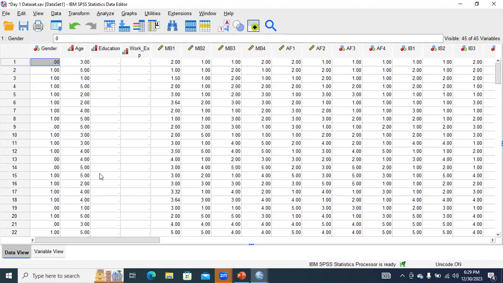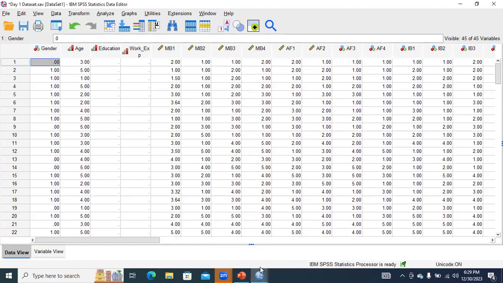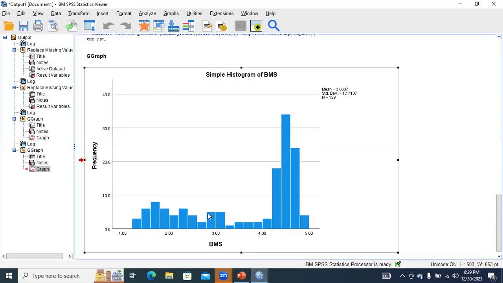They have suggested that you should have at least 350 observations to consider your data normal. While in statistics, there is a guideline that you should have a minimum of 30 observations to consider your data normal. So I would suggest that by increasing the sample size, we can resolve this issue, and we can make